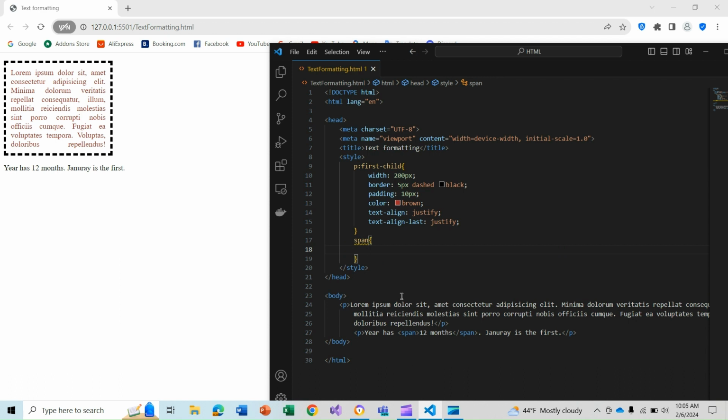For vertical align, I need to use vertical align property. It can be superscript. You can see now 12 months. Subscript. Now 12 months is subscript. I can also use text bottom,